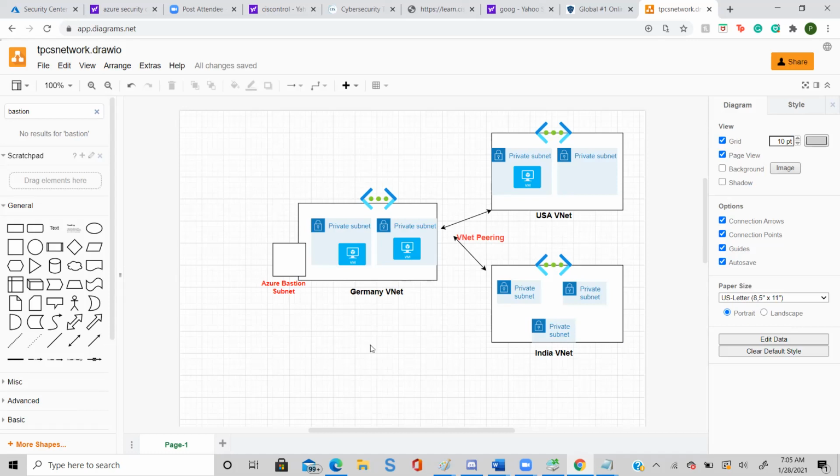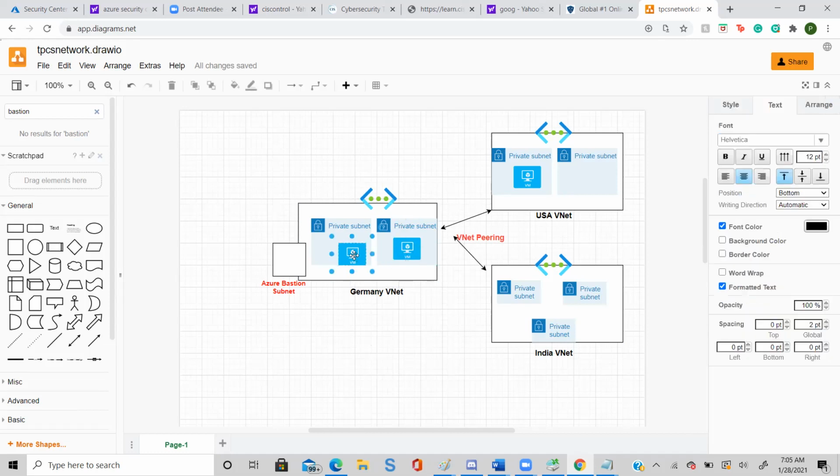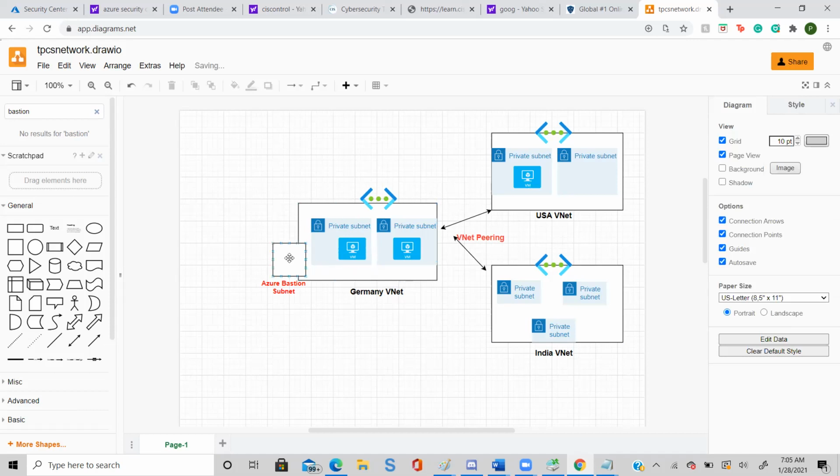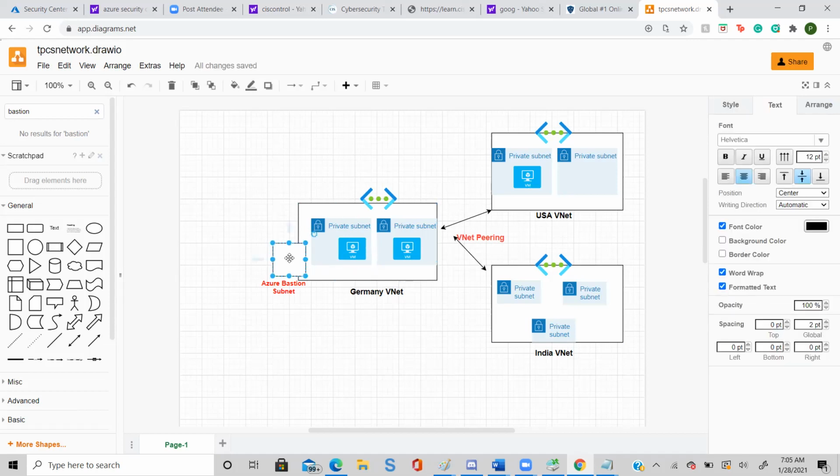Another way to control the VNet resources using your private IP is called VPN. For a VPN, we have to create another subnet, which is called a gateway subnet.